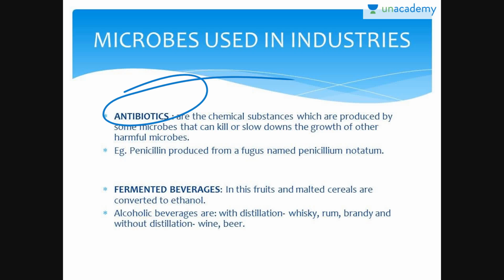So antibiotics are chemical substances produced by certain microbes that kill or retard the growth of other microbes, which are disease causing microbes. Penicillin, discovered by Alexander Fleming, was the first antibiotic to be discovered. Fleming discovered it by chance when he was working on the bacterium Staphylococcus. He discovered that growth of Staphylococcus ceases in the culture plates where Penicillium notatum was grown. Later on, it was established as an effective antibiotic, and it was developed for use by Chain and Florey.